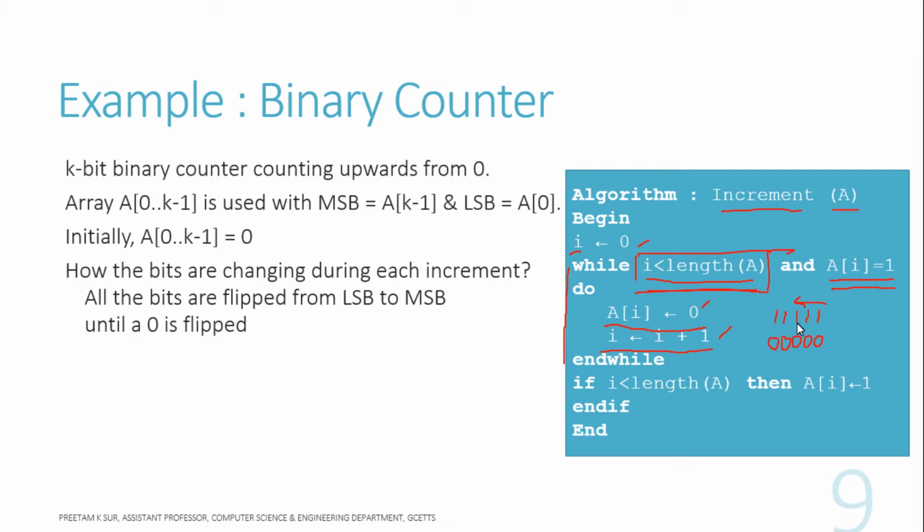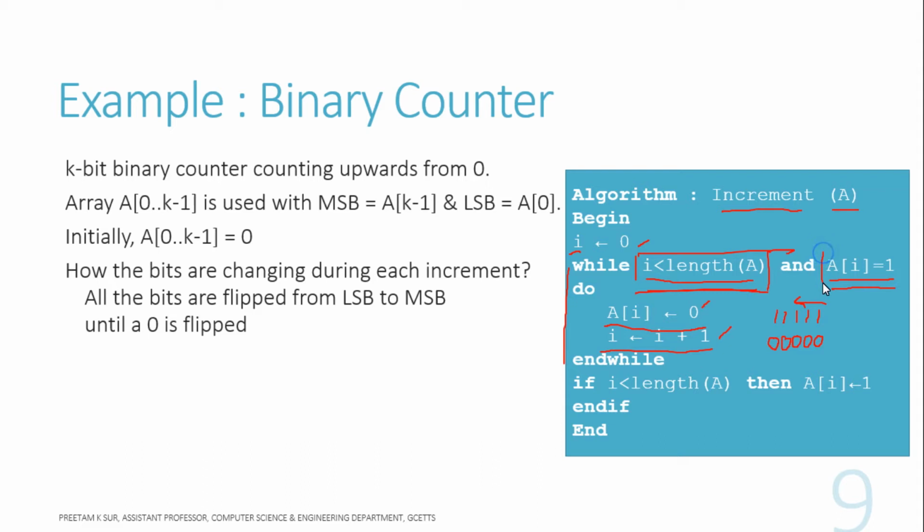If you remember the counter circuit, if all the bits become 1 in that counter and you trigger the counter again, all the bits are going to be 0. It is basically going to reset to 0. So this is what happens here again. This is one case when the while loop can be exited.